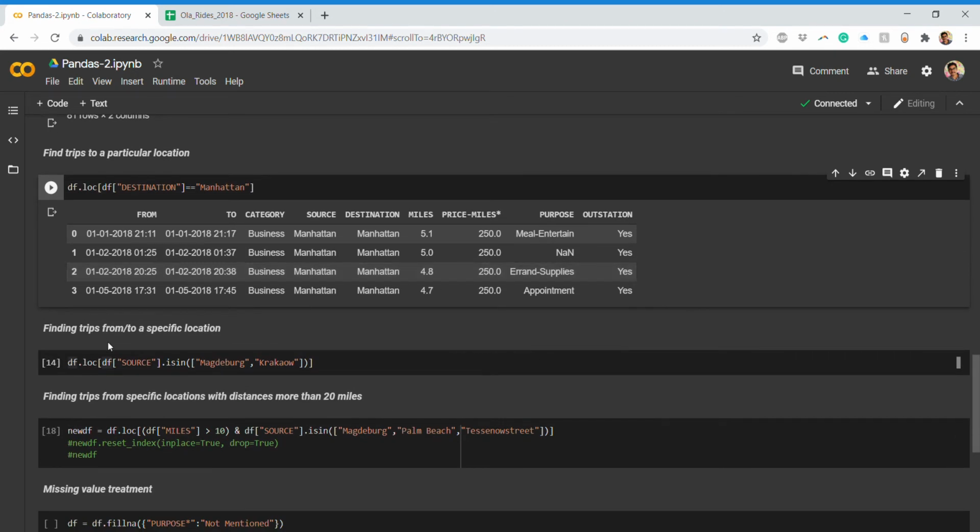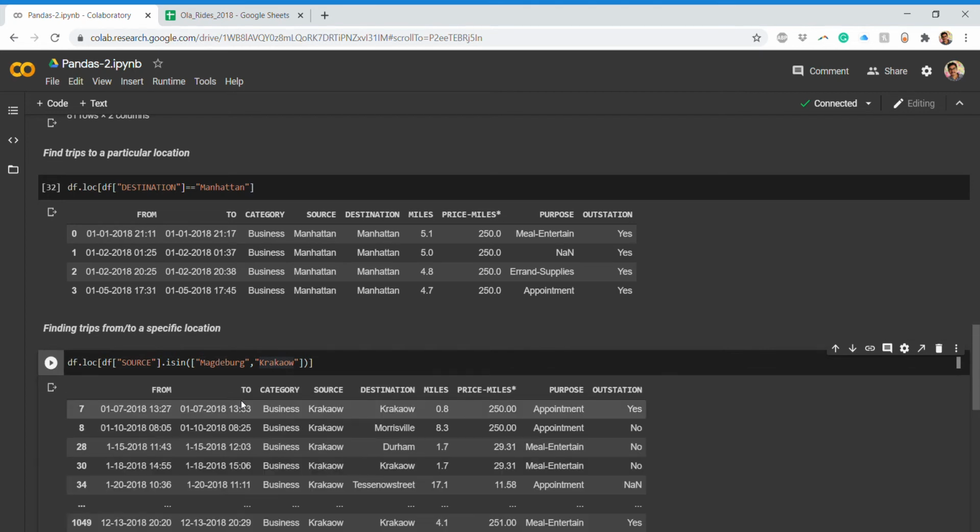Next, you want to find trips to or from a specific location. So now I want to see the results where there are two particular locations, meaning the source should be from Magdeburg as well as from Krakow.